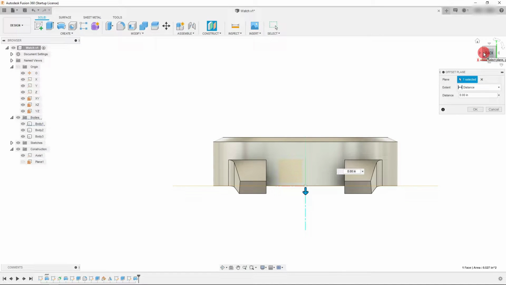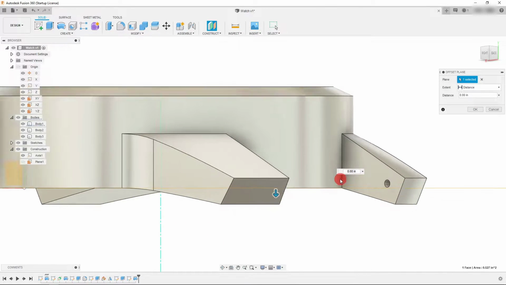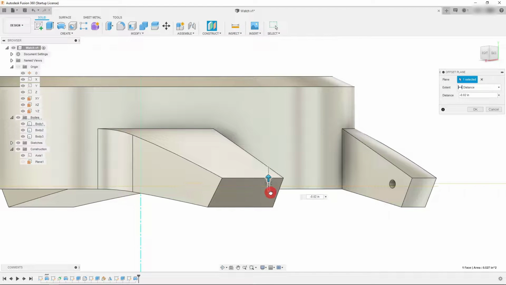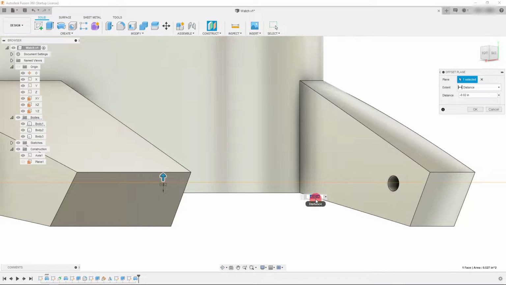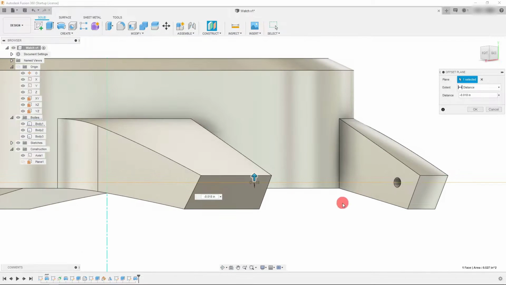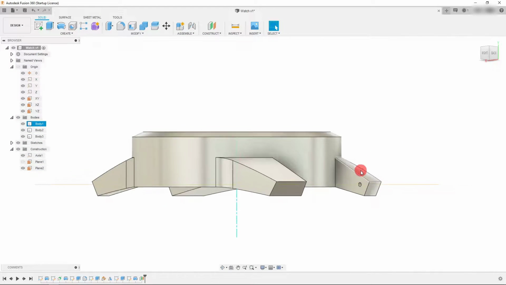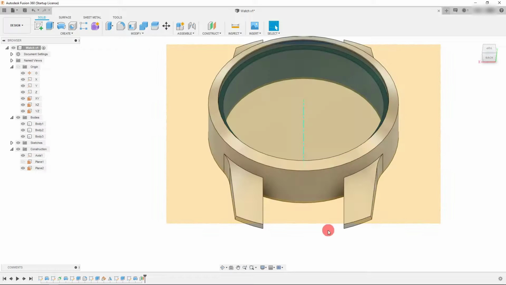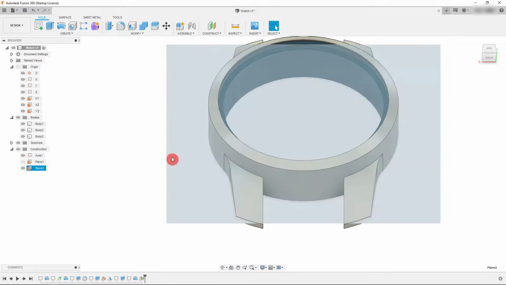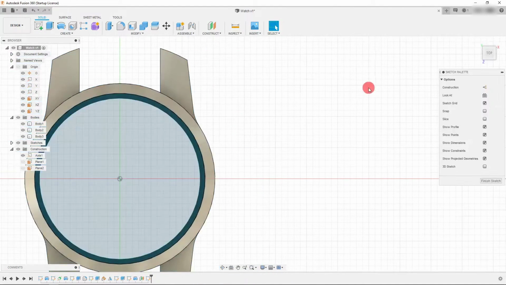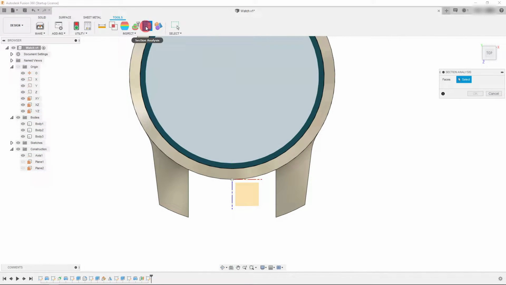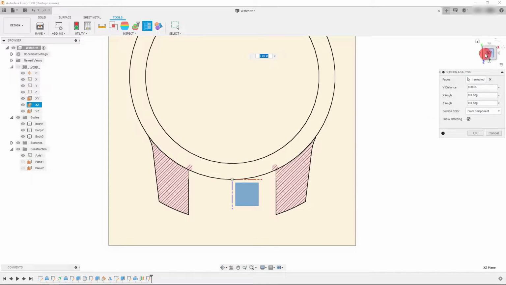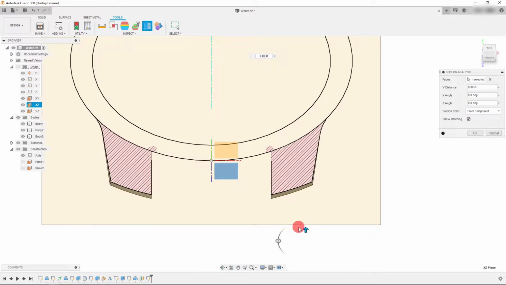And if I rotate this a little bit, I can drag this up just until the point that it's intersecting this cylinder. So I'm going to make it about 0.018 so that it's intersecting, and I'm going to hit OK. And so from here I can create a sketch on this plane, and I can come to Tools and then Section Analysis, and I can click on this plane and just kind of drag it